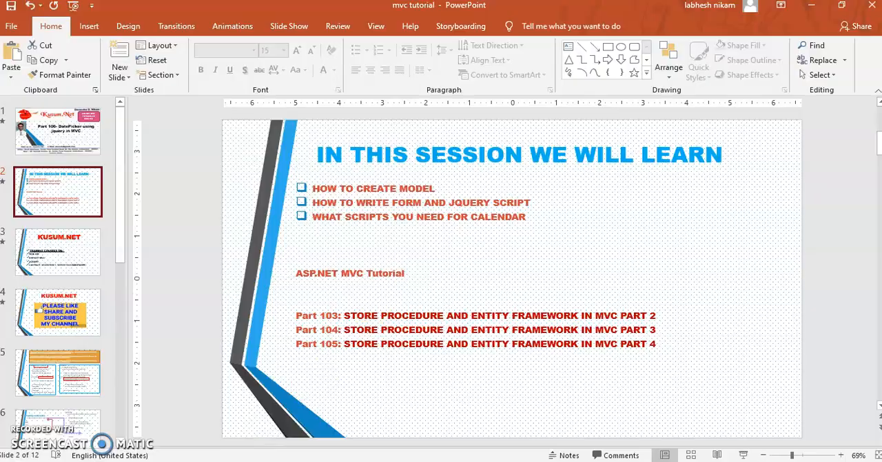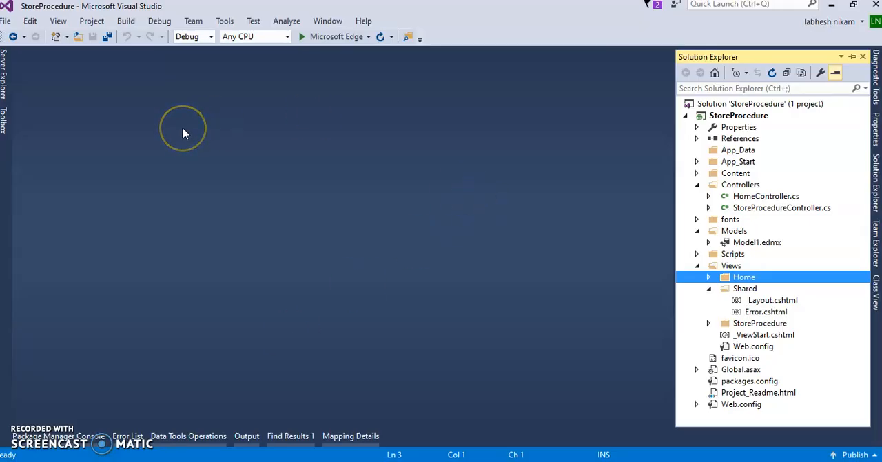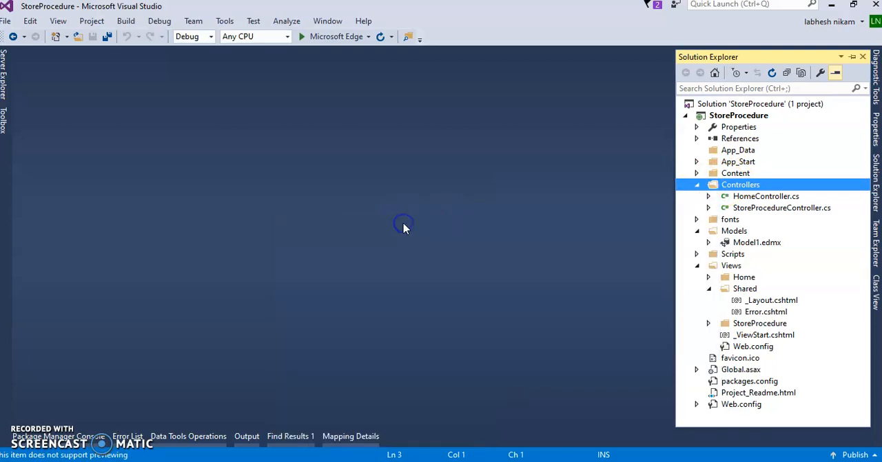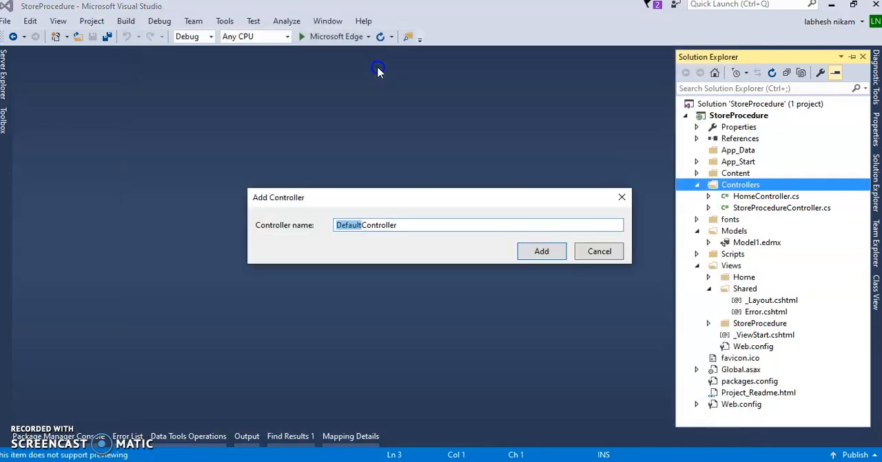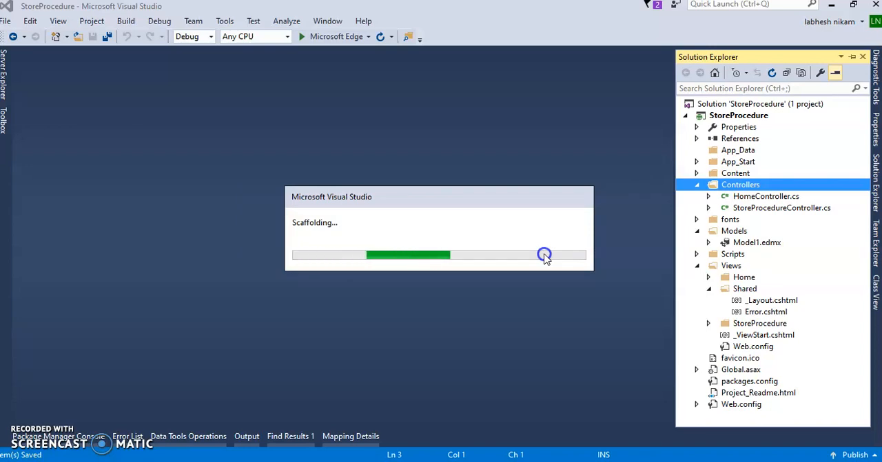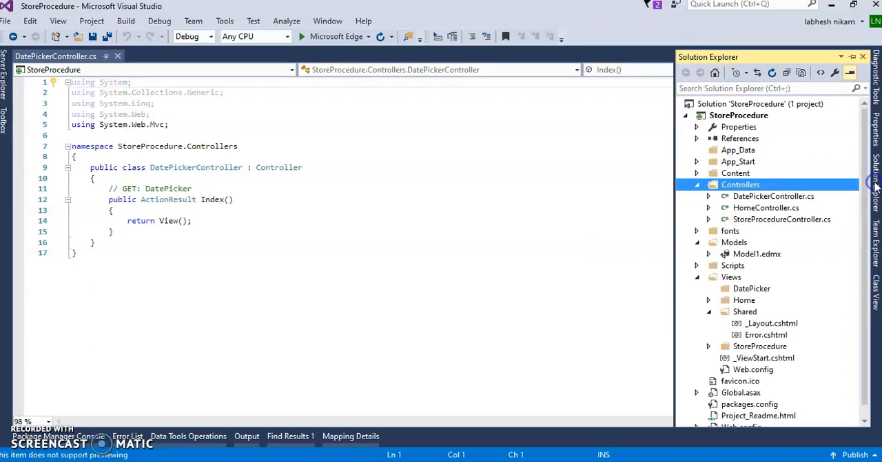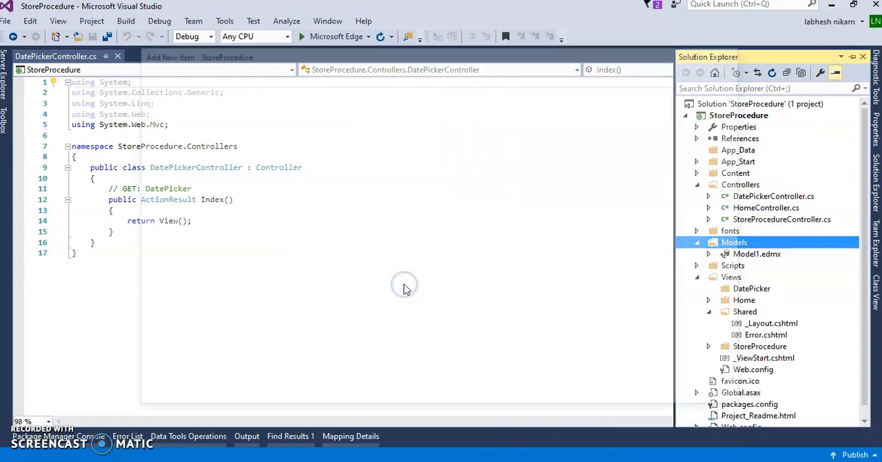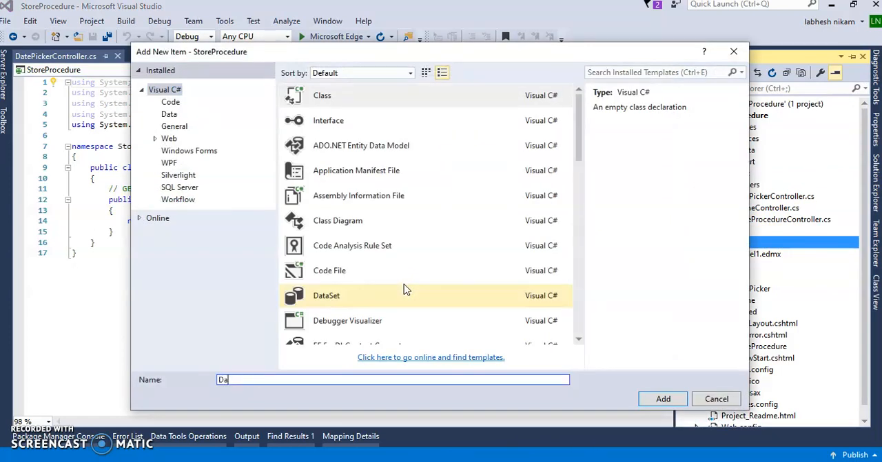Let's continue with Visual Studio. This is my application named Store Procedure, and inside of this I will create one controller. Add controller, and I will give it the name DatePickerController, and I will create one model to display the date. Okay, so inside of the Models folder I will create one class called DatePickerModel,